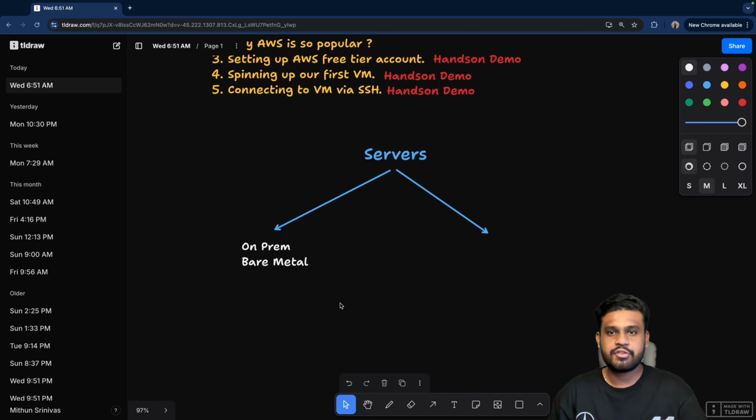And if there are any issues like an electricity issue, if electricity is down, your website is down, because they should be powered by electricity. And let's say there are floods or some natural disasters, then there will be a lot of issues in these scenarios. So cost, maintenance, refreshing, electricity supply, and finally disasters were some of the high level problems with on-prem or setting up your own server.